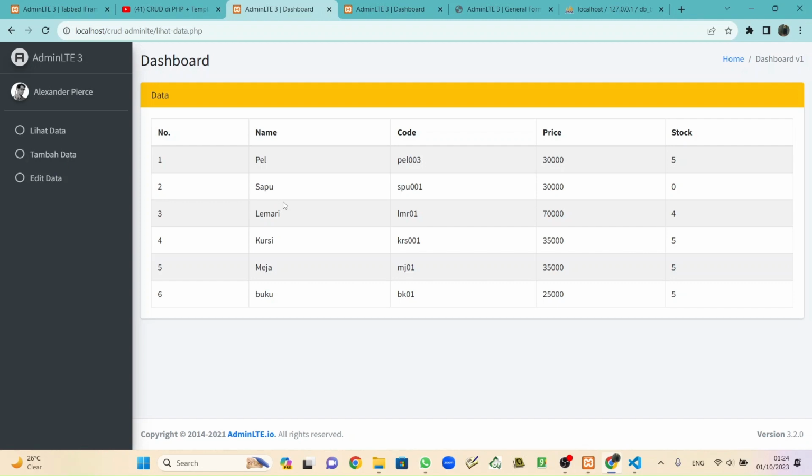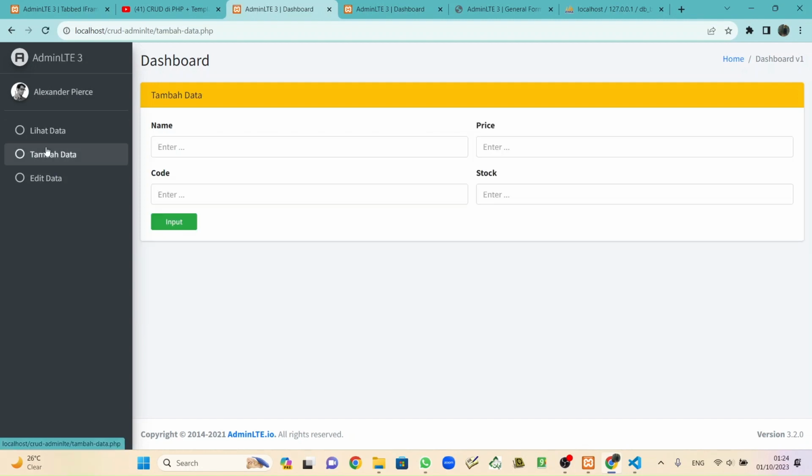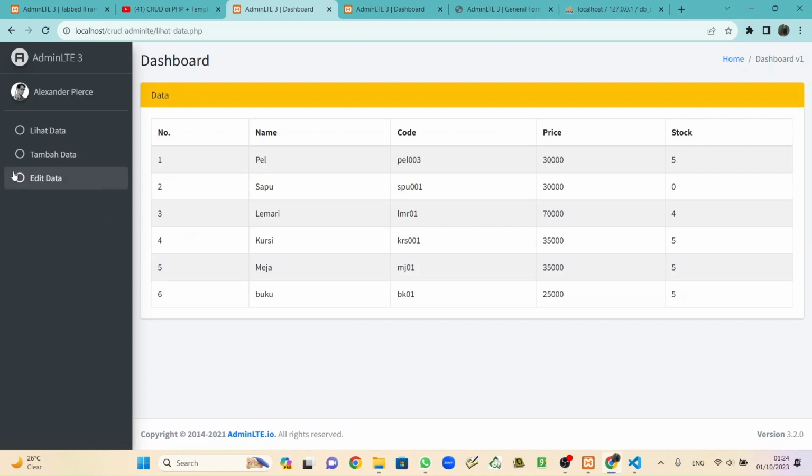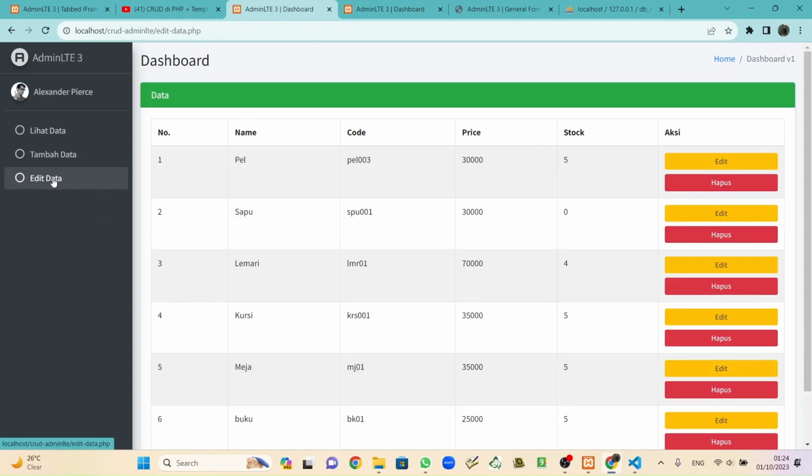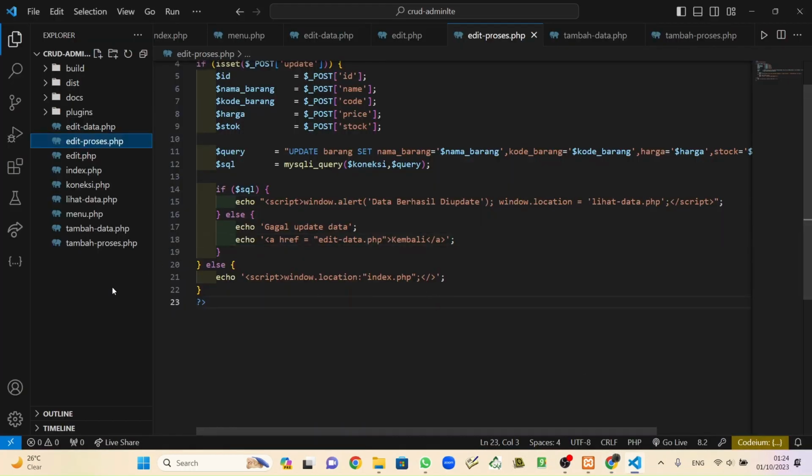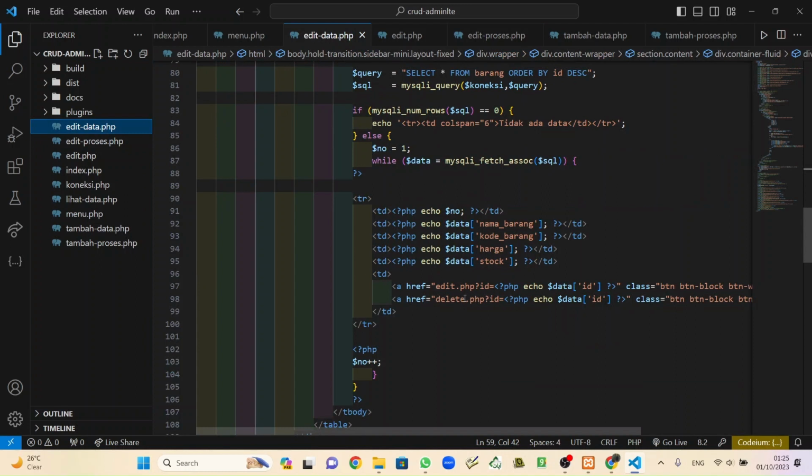So we did create at tambah data, and also read at lihat data, and then edit or update at edit here, and the last thing is delete at hapus. So just back to the VS Code, add inside here, hapus.